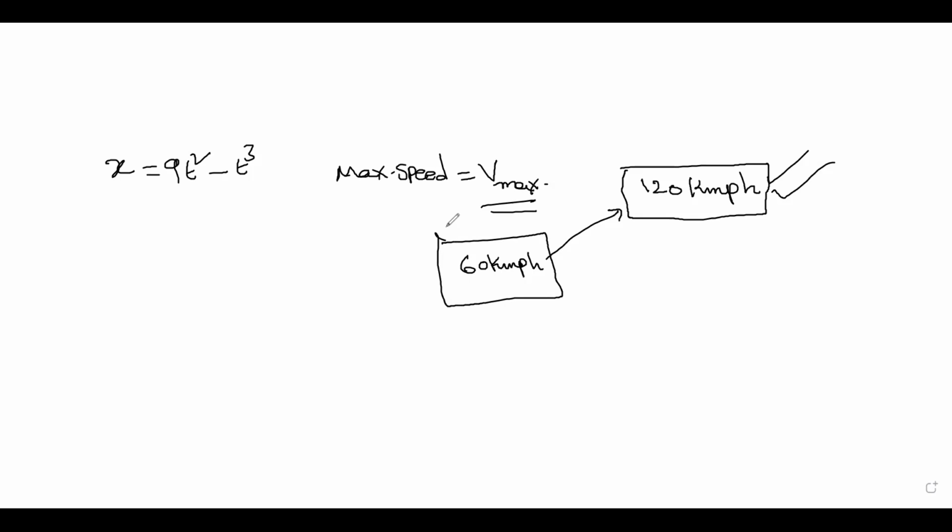Now I am at 120 kmph. If I press the accelerator, will it work? No, sir. Good. That's the point I want. Now, when the object reaches the maximum speed, the acceleration becomes zero. Further, there won't be any acceleration. Please understand this. Note this point. This is the most important point. When the object reaches the maximum speed, the acceleration becomes zero.